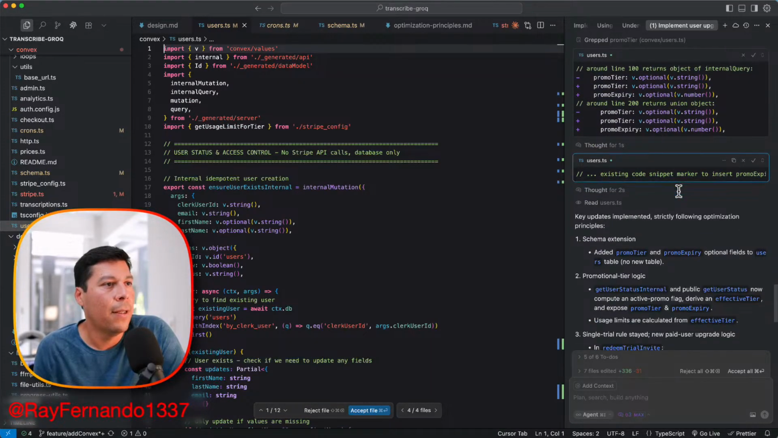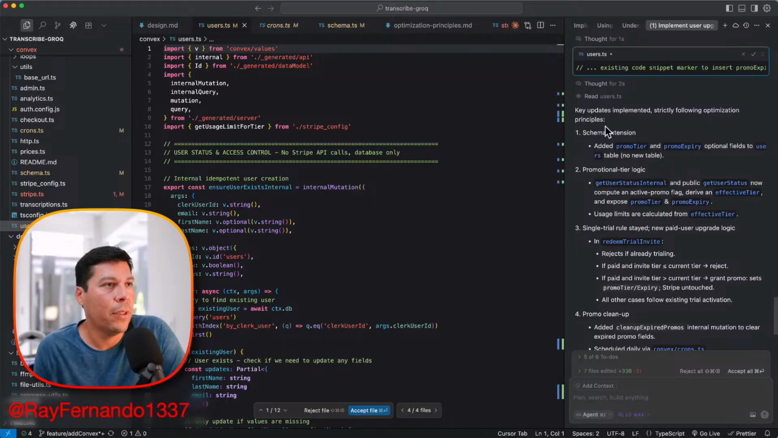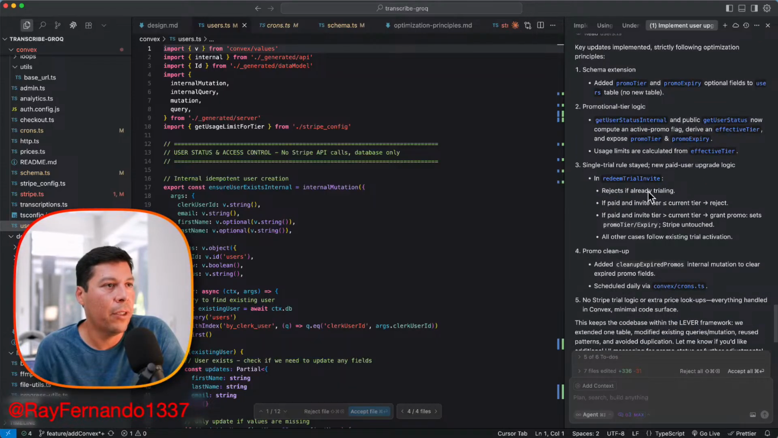Okay. Key implementation, strictly followed optimization principles, schema extension, promotional tier logic, single rule trial stayed, no new paid user upgrade logic. So if the redeem invite rejects if it's already trialing, if it's paid and the invite tier is lower than the current tier, it's going to reject it. This is great. And if it's paid and the invite tier is higher than the current tier, so for example,